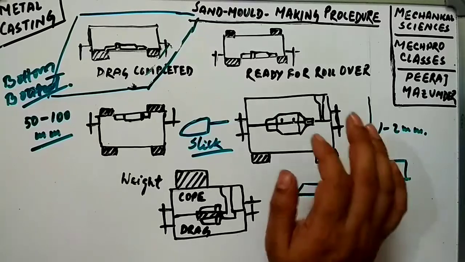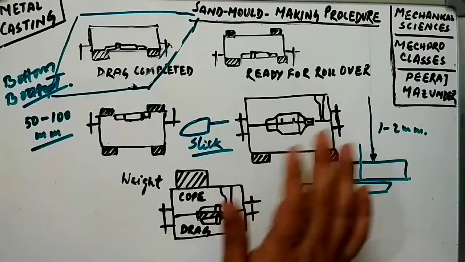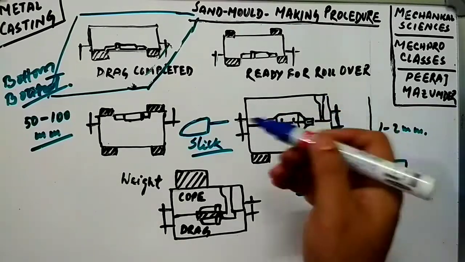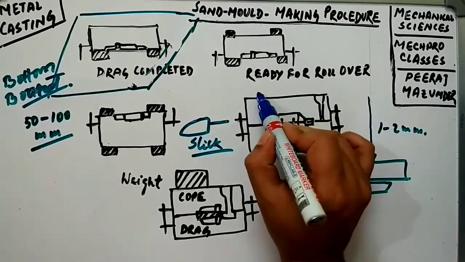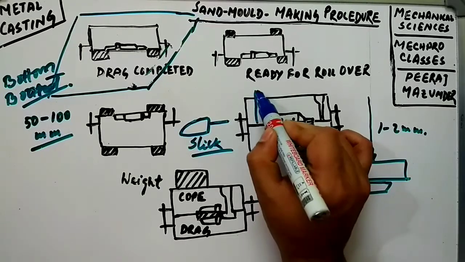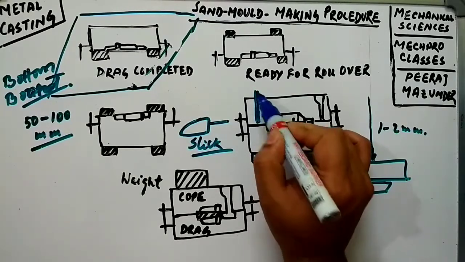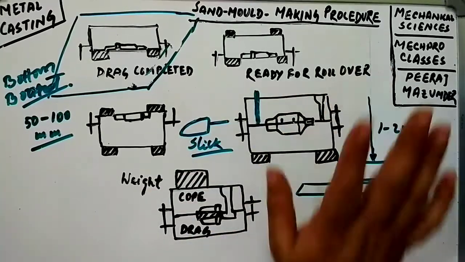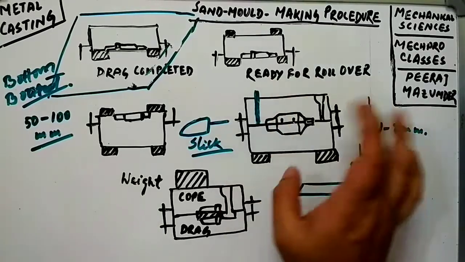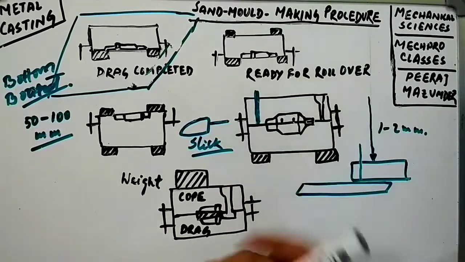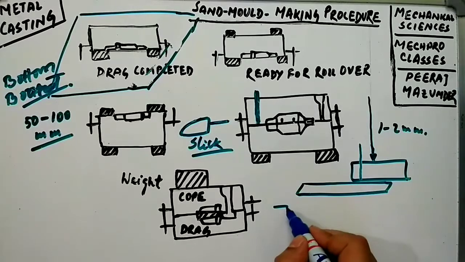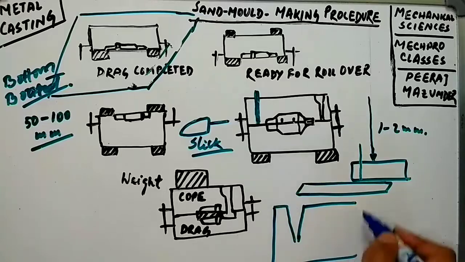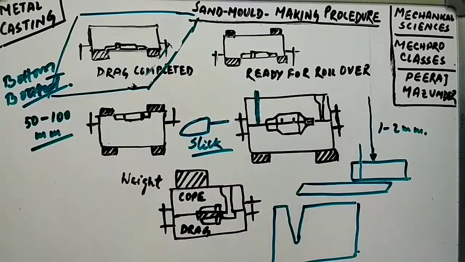Now next is the sprue pin. For making the sprue passage, you have to make a sprue. I have not shown it in the figure, so I will show you here. You have to cut a sprue, somewhat like that. I cannot show you in this 2D diagram, but just think of it like that. You have to make a conical shaped passage like this one. This is known as the sprue.